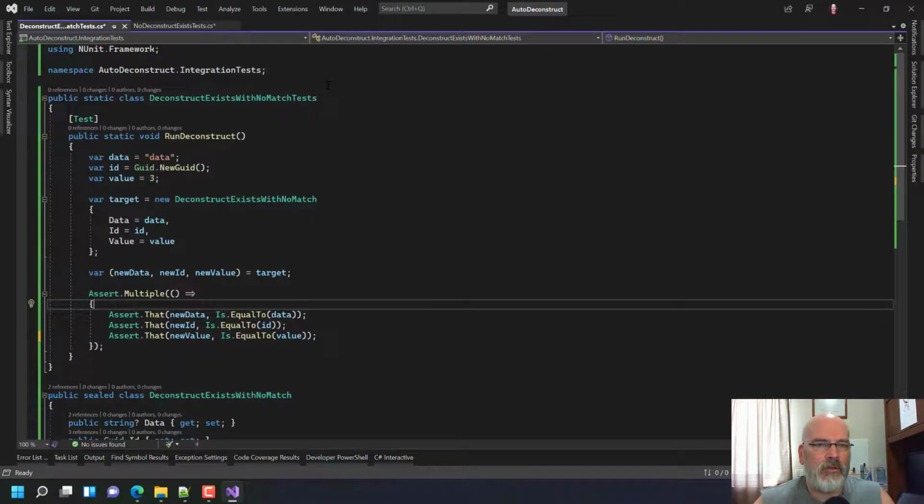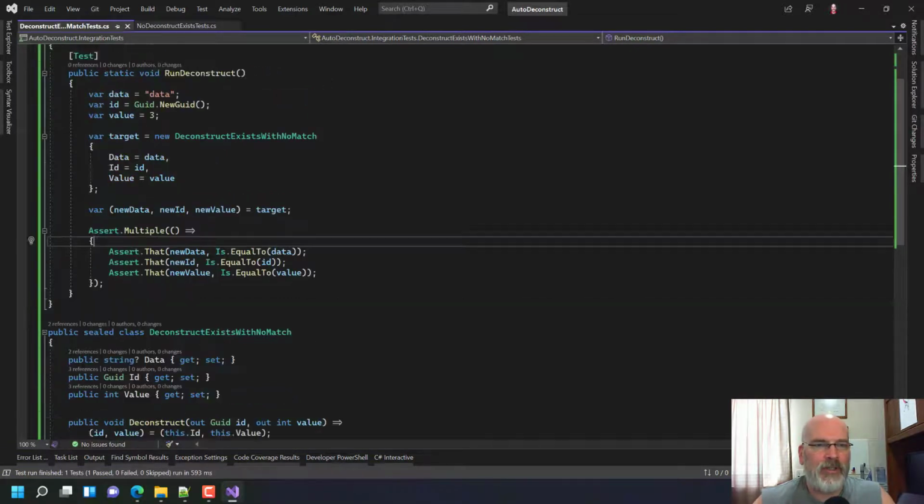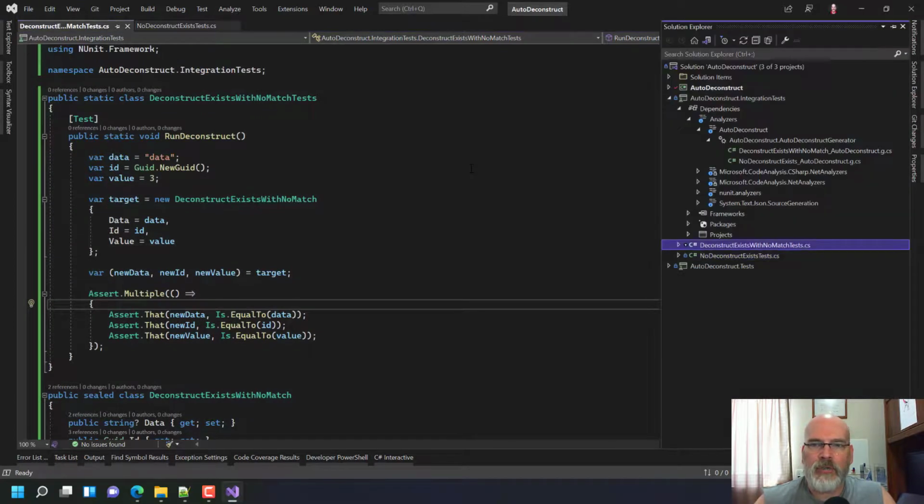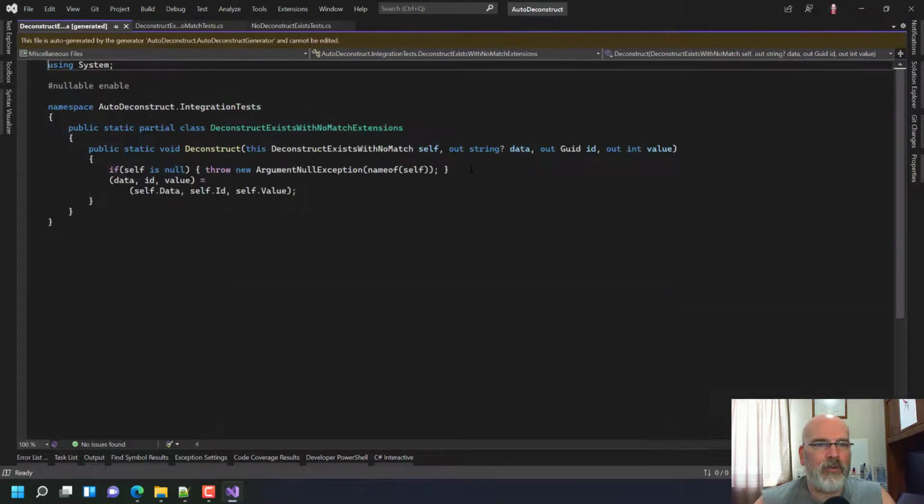Okay. Do they equal? Did we do the deconstruct correctly? And we do. And here's the cool thing, is that it did have a deconstruct here, but guess what? We realized there was no match. So we put,